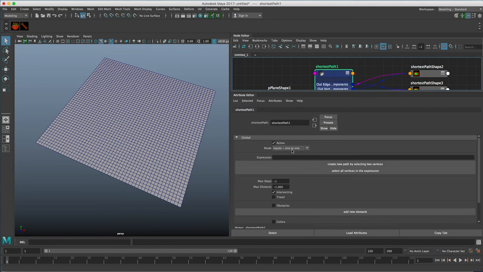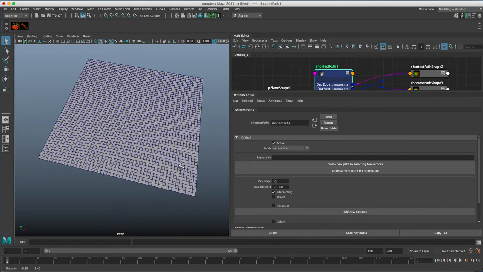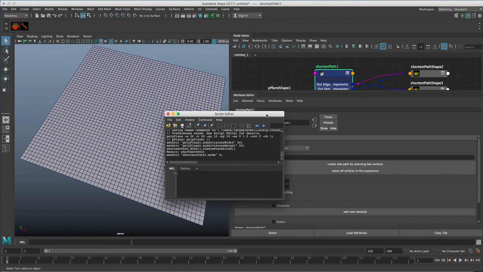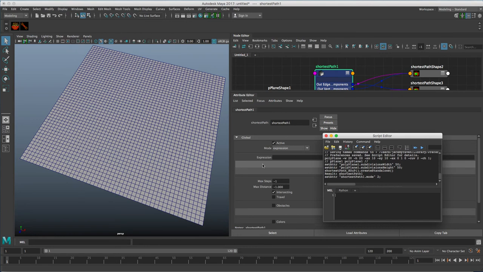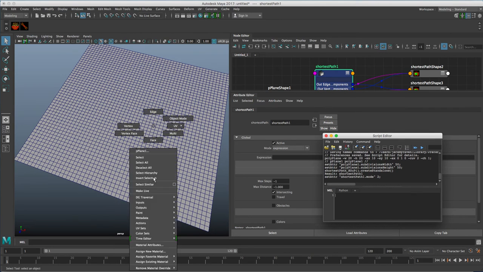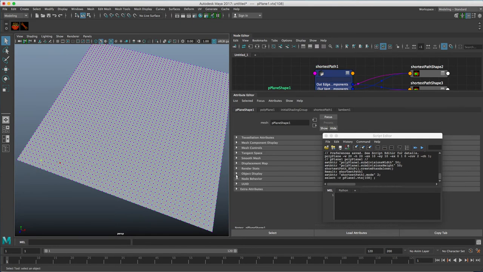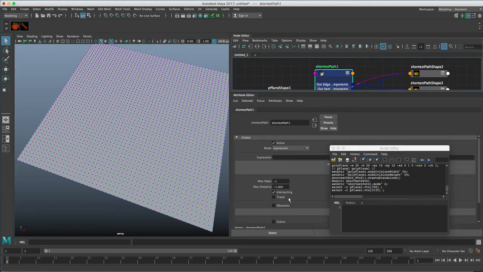to start off with, the mode is 1-to-1, but if we go to expression, this is its simplest form. I open up the script editor, go into vert selection mode, and select some verts. I'm taking a reading down here of the vertex ID of the ones I select, so 108 and 2135. My eyesight does me right, so it's 108, and if I hit the colon and then